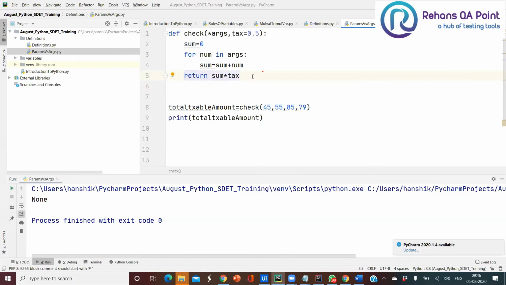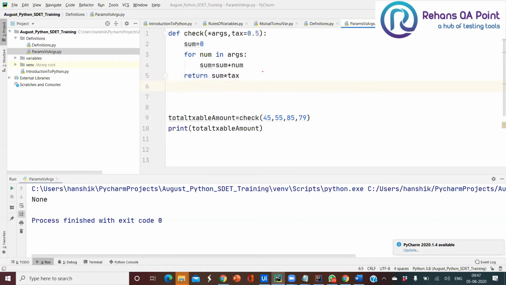I wrote one more print statement below this. Print of hello. So will this execute now? Will this execute and show me the output? In interviews, this kind of question will be asked, guys. Definitely in interviews, this kind of question will be asked.